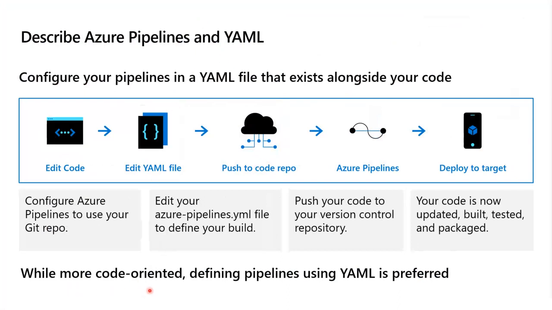While more code-oriented, defining pipelines using YAML is preferred. I would say that it's more of a standard. So you can configure Azure Pipelines to use your Git repo, or you can edit your Azure Pipelines YAML file to define your build. You can push your code to your version control repositories, one of the benefits of having this pipeline in a YAML definition. Now your code is going to be updated, built, tested, and packaged. Of course, this will depend on the task, not only if I define the pipeline in a YAML or with